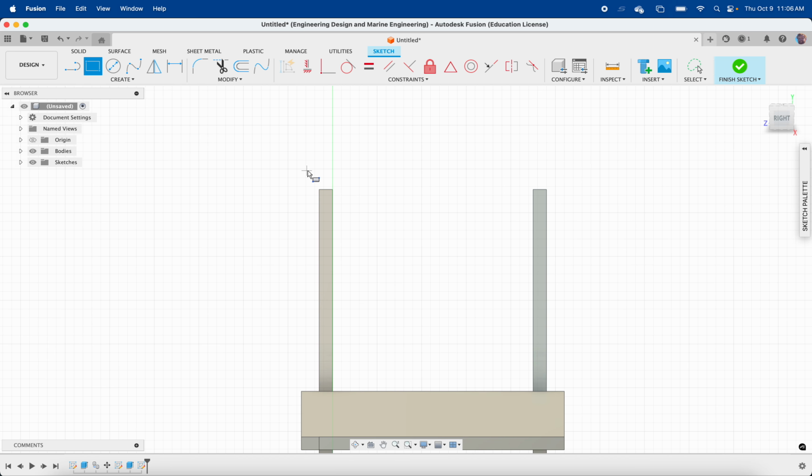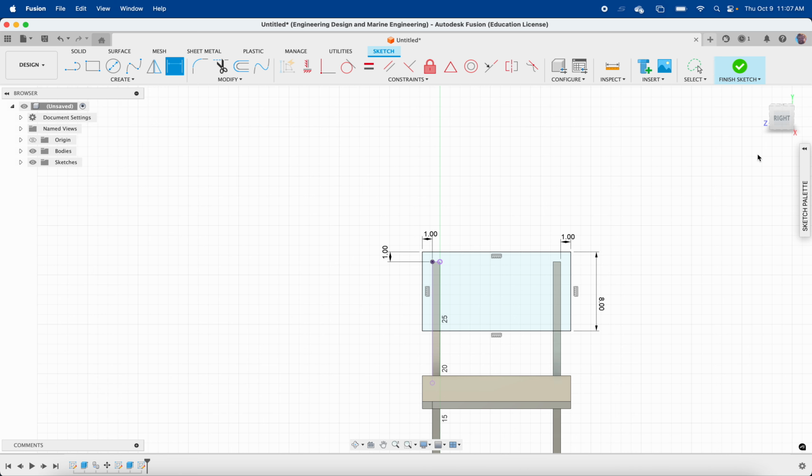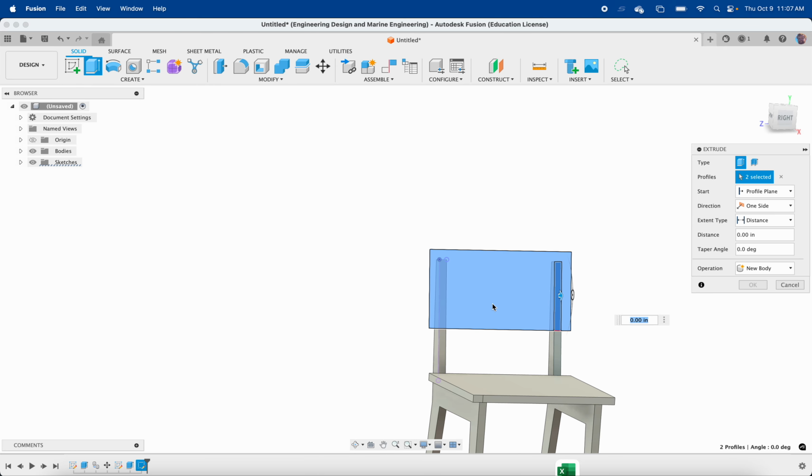R for rectangle, something a little bit bigger, and don't go all the way down to the bottom. It creates problems if you don't have any space right here. D for dimension, click once, and 1 inch of overlap as well. Click once, 1 inch of overlap, and again here. All right, maybe we'd make this full back 8 inches or something like that. Alrighty, finish sketch, E for extrude, click, and